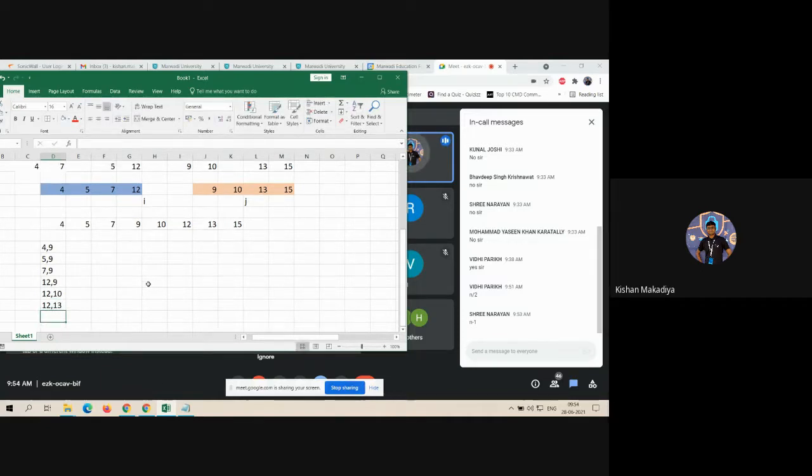After that you will say that the first array is complete when you paste the 12 in your result. After that you can say that the remaining comparisons are done, and the remaining elements you simply copy and paste. So just count the number of comparisons here. 1 2 3 4 5 6. So in this example you will get the answer 6.